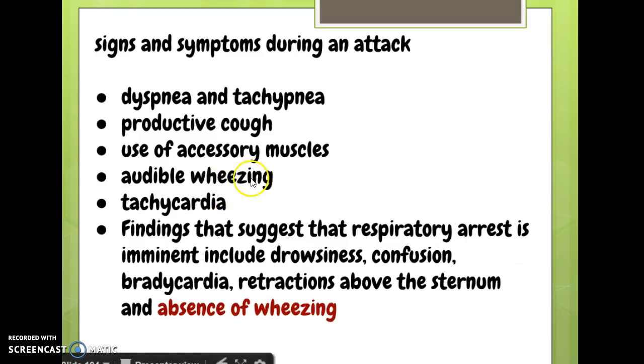Audible wheezing. Wheezing is the main sound that we hear that's attached to asthma, and that's the sound of air passing through a constricted airway. And so when people with controlled asthma go in for the routine visits, that's one of the questions that they're often